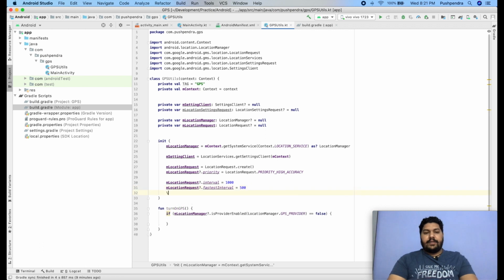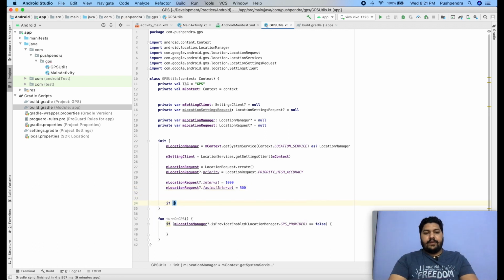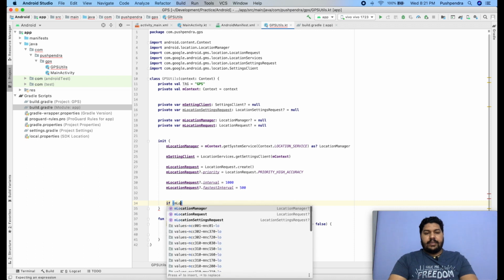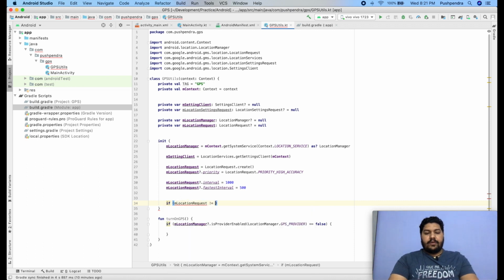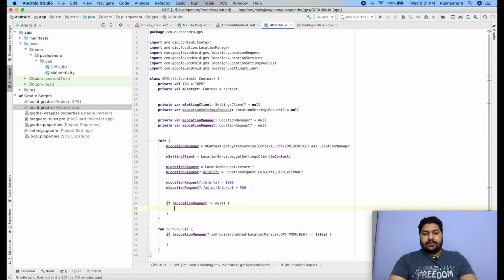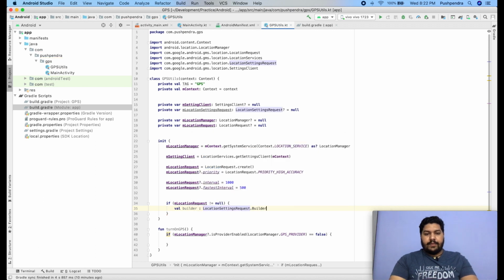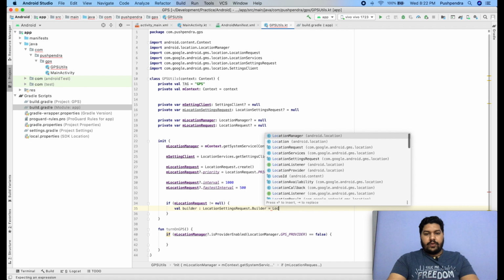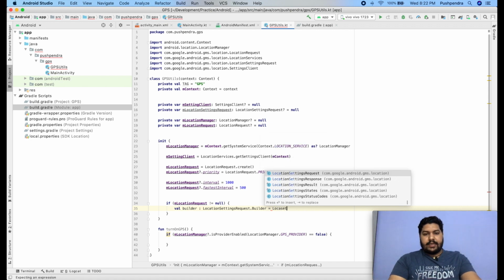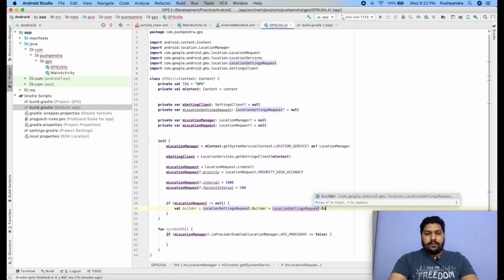Okay, now after that we will check if m location request is not equals null, then we will build m location settings. So for that, val builder equals, and how the builder will work. First I will define the type: location settings request dot builder.